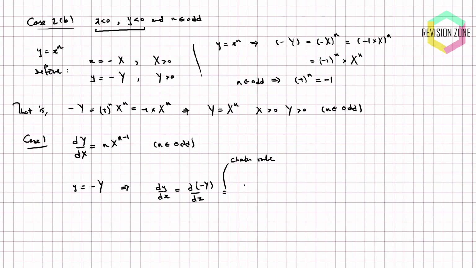So I can say that's the same thing as d of negative y with respect to capital X, times the derivative of capital X with respect to lowercase x, right? We know from earlier that lowercase x is the negative of capital X, and that tells us that capital X is the negative of lowercase x, and that tells us that the derivative of capital X with respect to lowercase x is just negative 1. So we've worked this thing out. We only need to figure out what this thing here is going to look like, but that's not that hard because